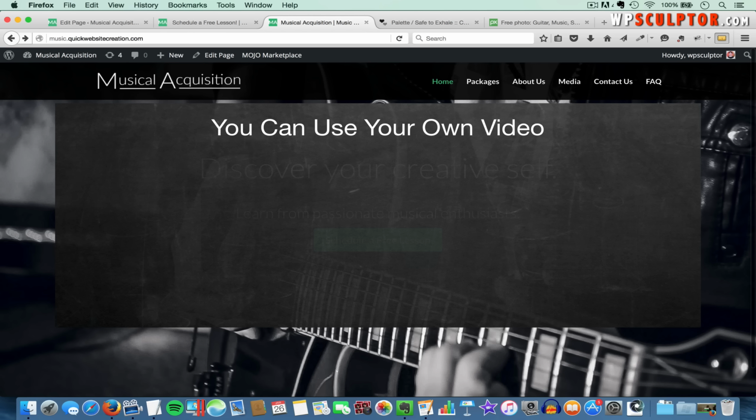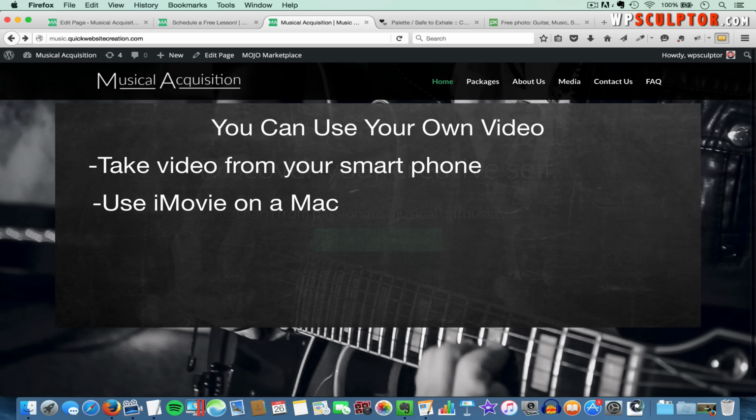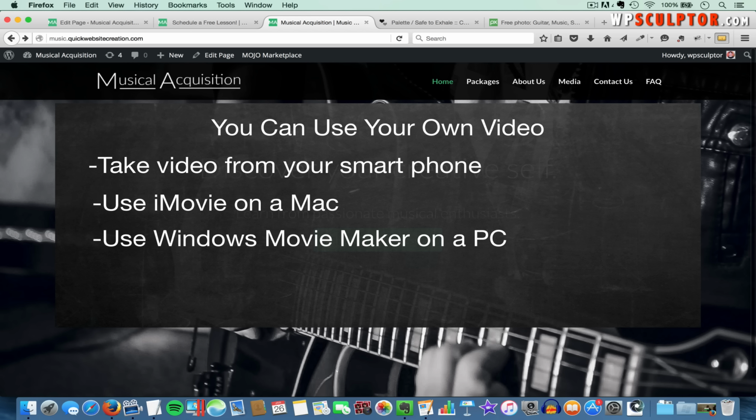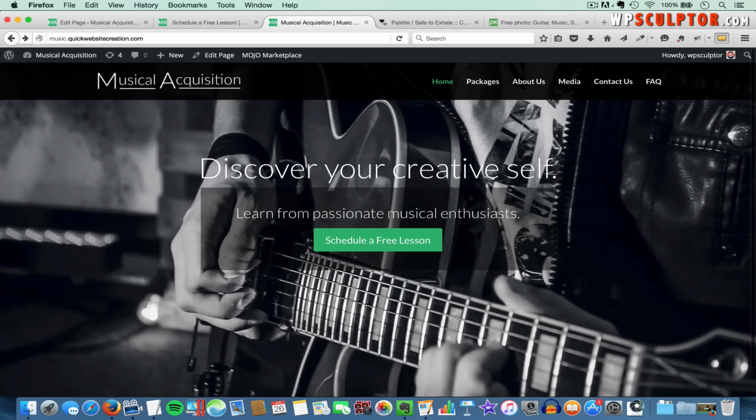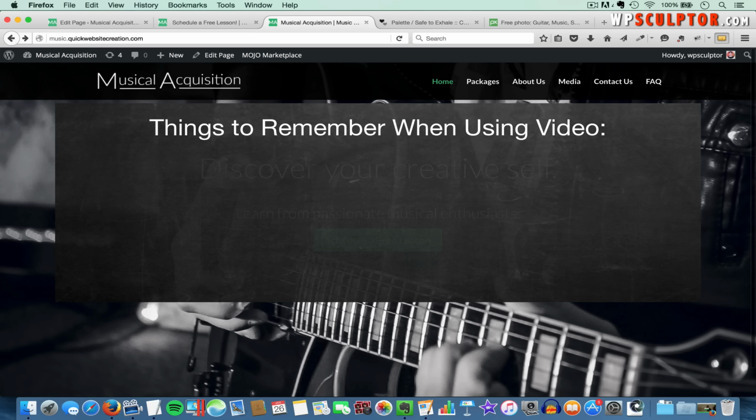relatively easy to do. Usually you can just take video from your smartphone and piece together a few clips using iMovie on a Mac or Windows Movie Maker on a PC. There's also a free online resource that you can use to convert your video to file formats that we need for our website, and we'll be discussing that here in just a moment. And because there are so many different ways to create a short video for your website, I'm not going to cover the step-by-step specifics of that in this tutorial, but I do want to give you a few things to